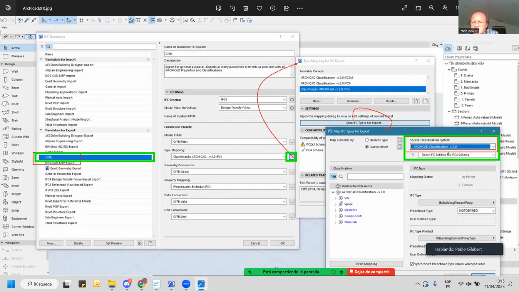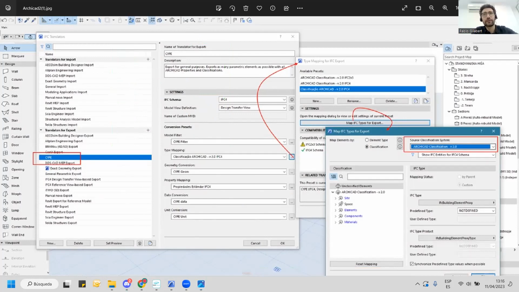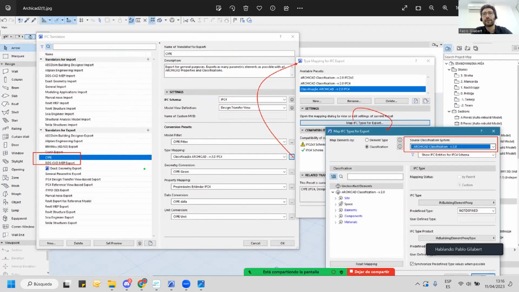Okay. What does it mean, classification? Classification is about, okay, we have a wall in ArchiCAD, and this wall will be generated as an IFC wall. If we don't have this classification defined, it's the default classification. But here, let me show you. In blue, here we have two options: not classifying the IFC, or ArchiCAD classification. If we don't have this classification, all the elements will be generated like IFC building element proxy,